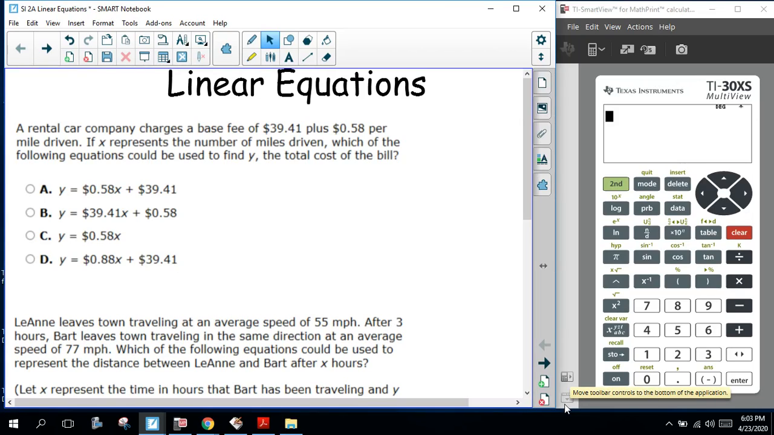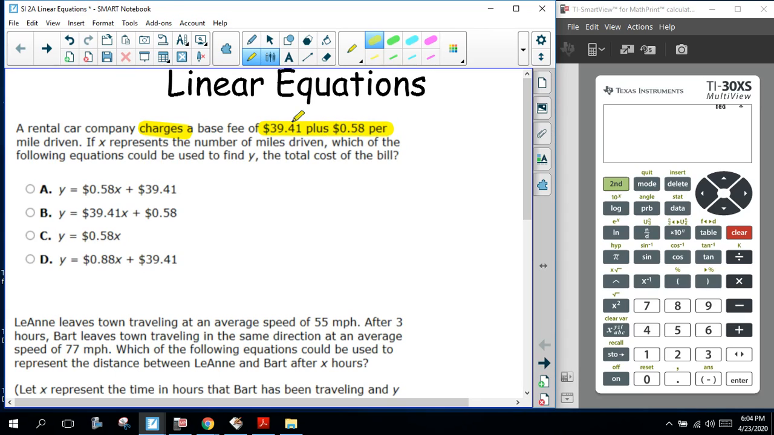Okay, guys, we're going to look at section 5A here, which is linear equations. And let's go ahead and get started right away. It says a rental car company charges a base fee of $39.41 plus 58 cents per mile driven. X represents the number of miles driven, which of the following equations could be used to find Y, the total cost of the bill. So they're charging